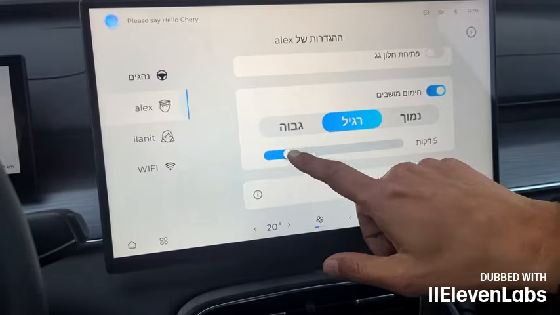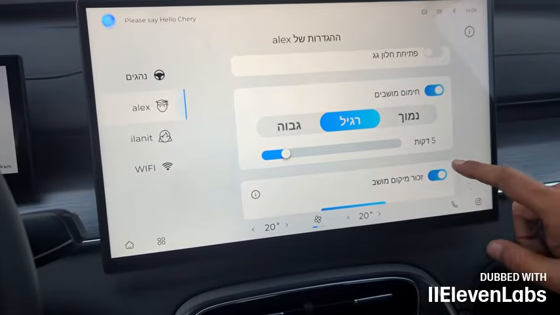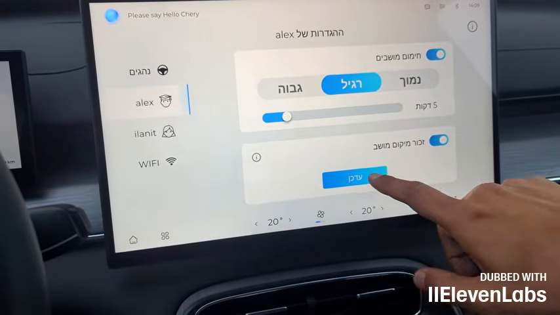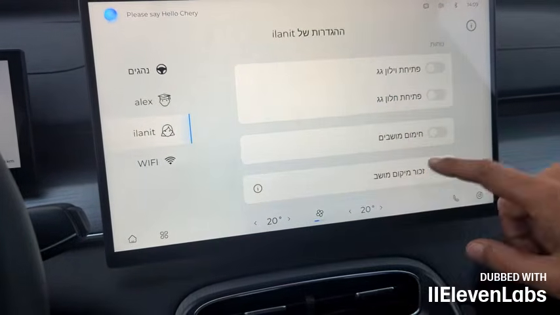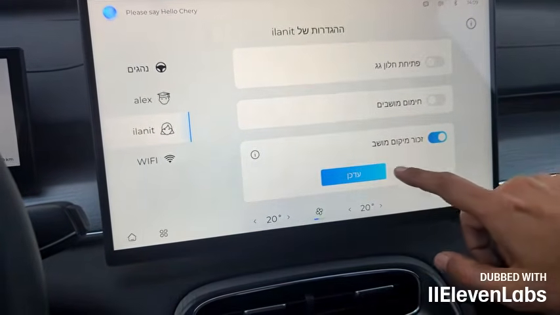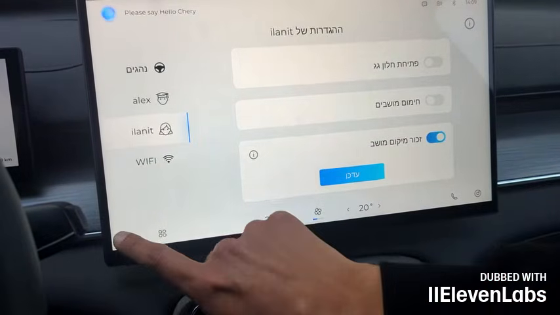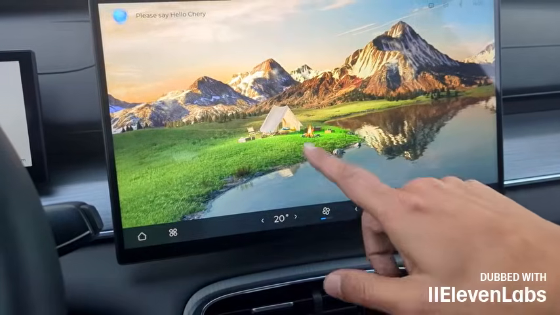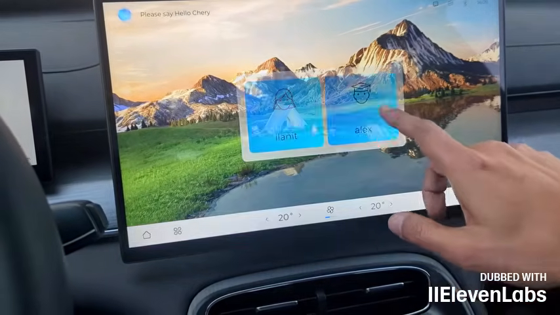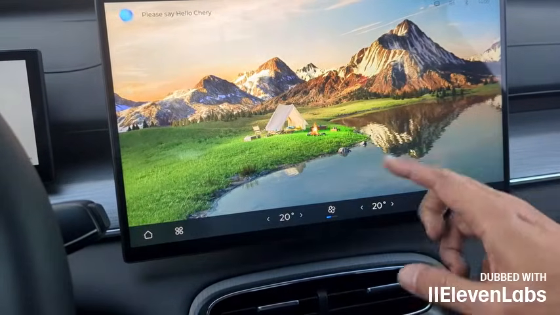If your vehicle is equipped with seat memory, you can select your profile, adjust the seat to your preference, and then press the update button. Ilanit is also able to perform the exact same procedure for herself, moving to her seat, updating, then 2 fingers. Presto, by selecting Ilanit, the seat will adjust to Ilanit and her personal settings. For Alex, all the settings will adjust to exactly what Alex has chosen.